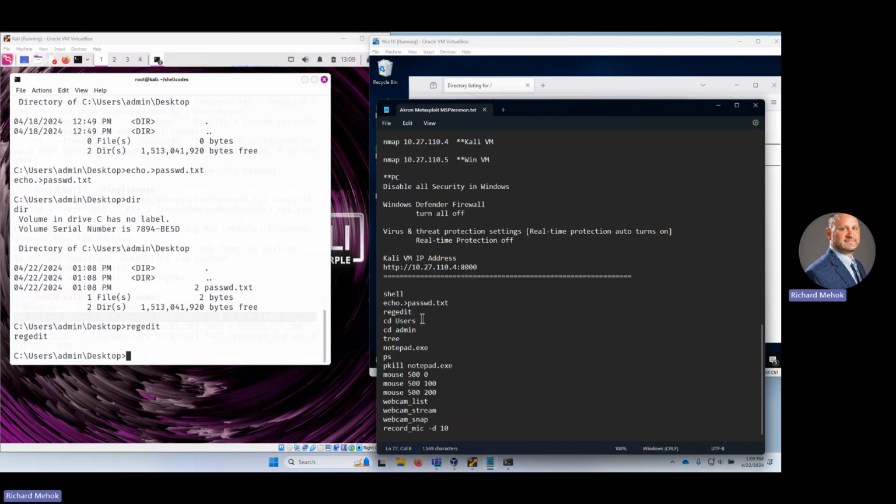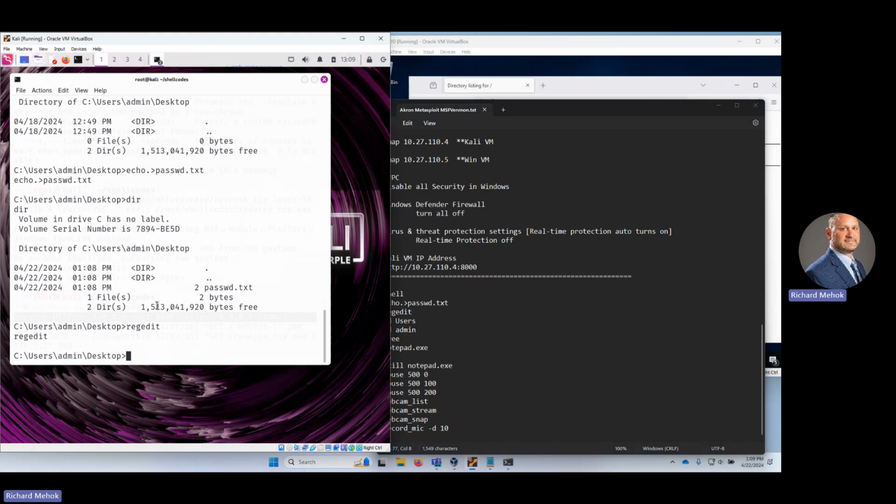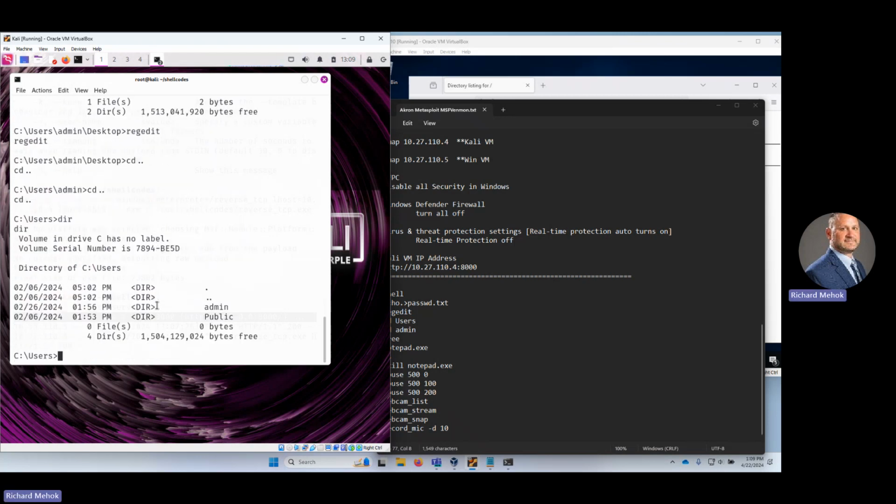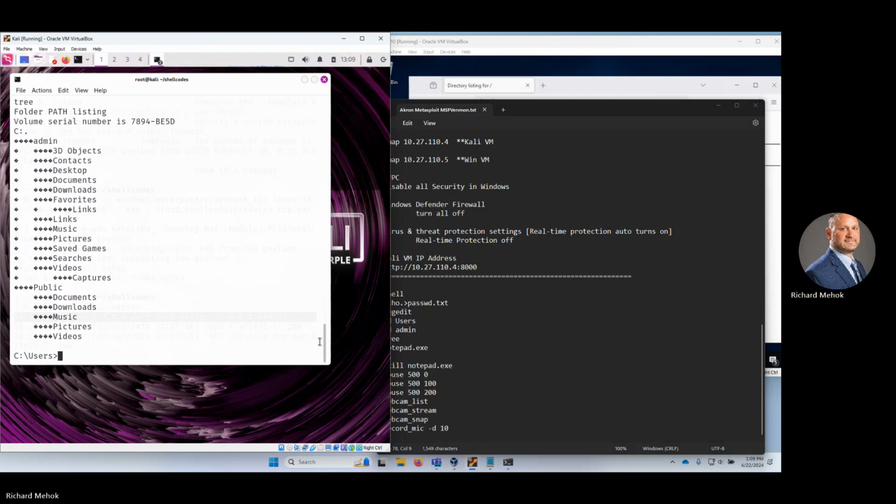So what's the next thing we want to do here? So we can go to the users, we go to the admin. So let's go to users, cd .., cd .., dir. So there's the admin. So we can go right into the admin account and start dropping files. If we type tree,